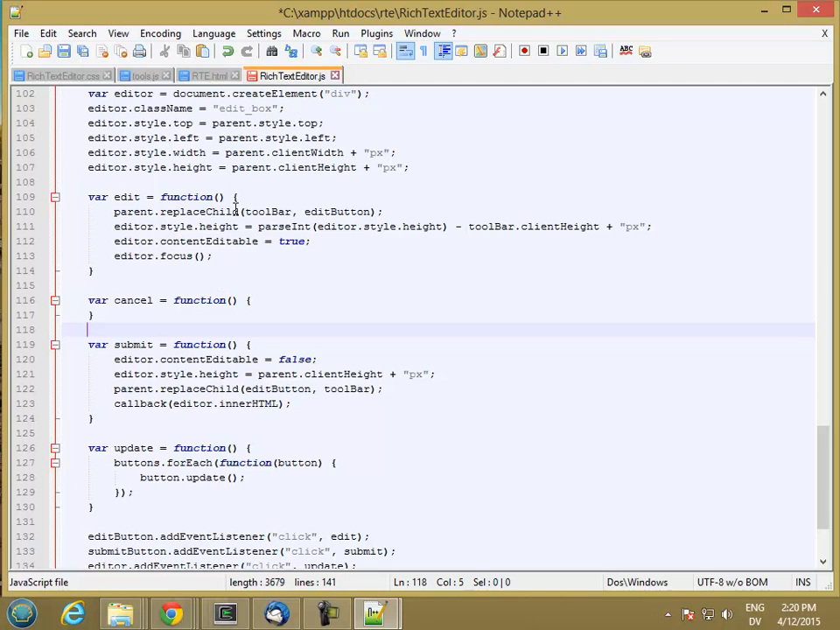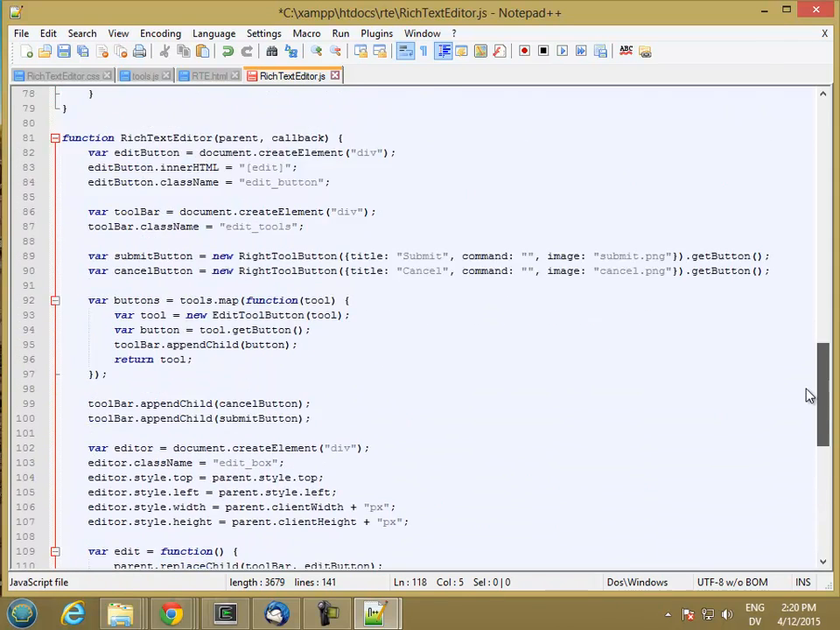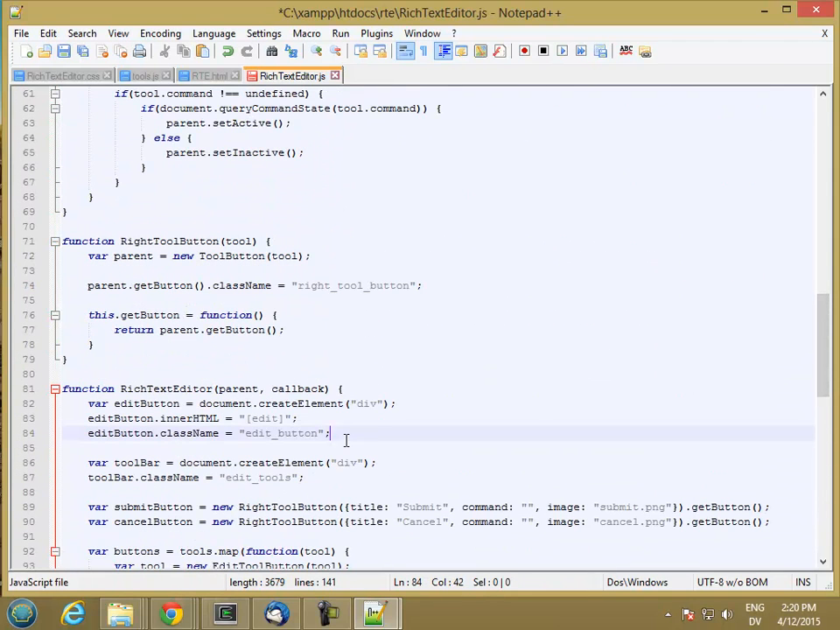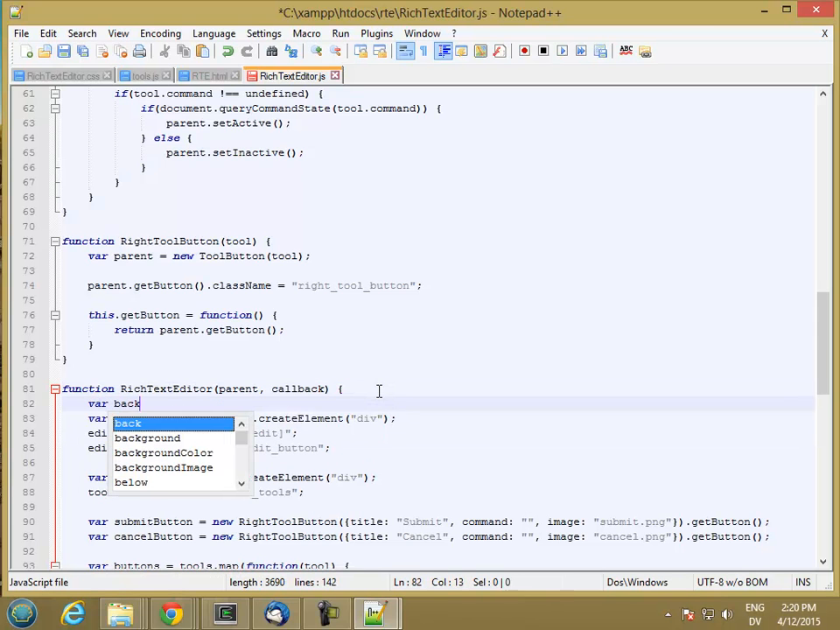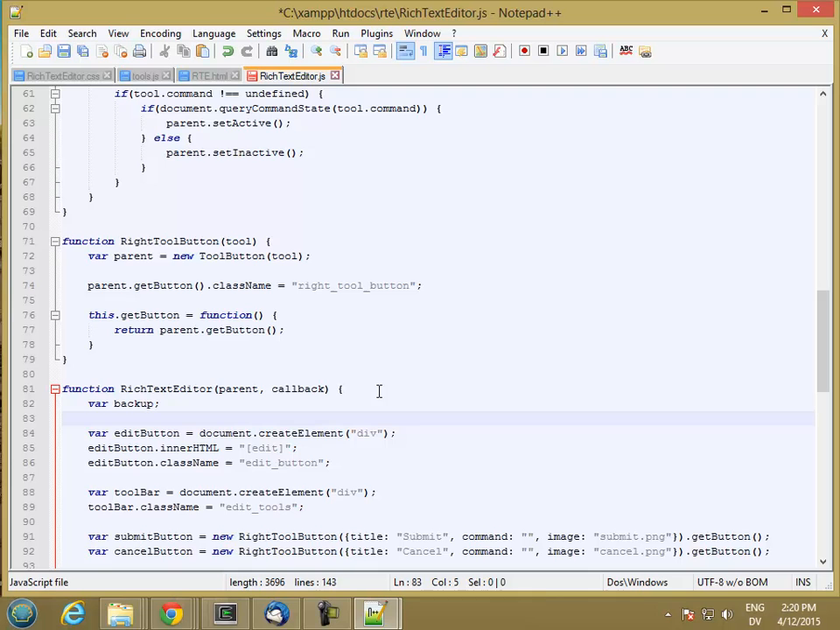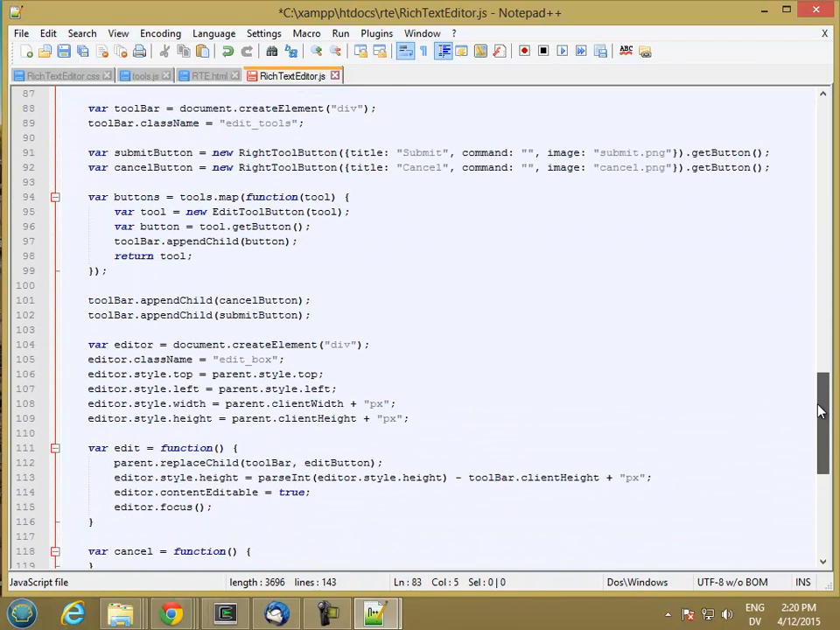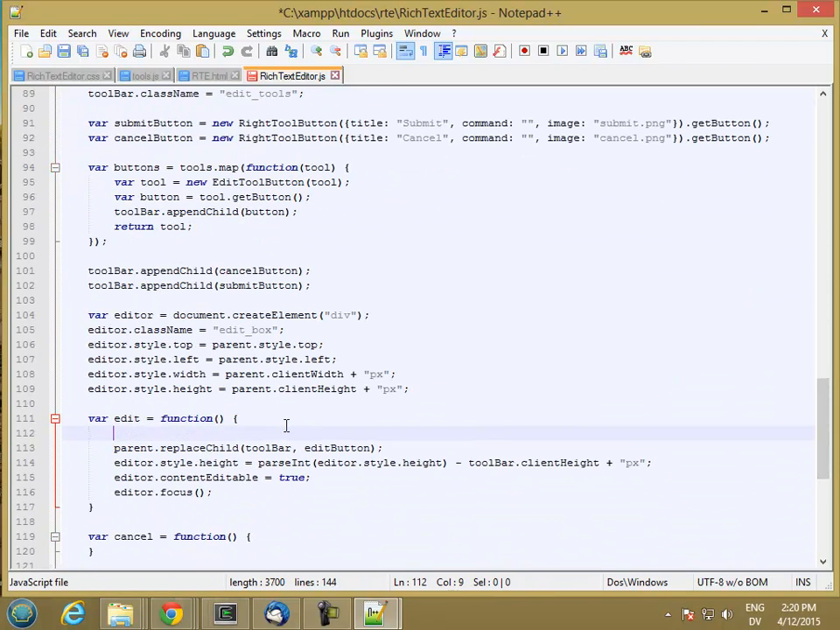So here's what we're going to do. When we start editing, we'll grab the current inner HTML of our editor, and then if they hit cancel, we'll restore that before going away. So create a var for backup, and then when the user clicks the edit button, we'll set backup equal to editor.innerHTML,